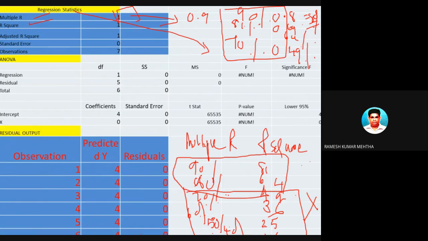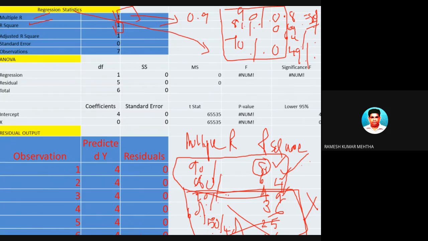So in this case it is 1, that is 100%. So it's a very good model, but not necessarily every time you will get a 100% model. In this case it is 81%, 64%, 49%. So anything below 49% is a very bad model or a weak model. This is a very strong model. Now your question is, sir, how did I get this one? I told you this is the square of multiple R, and there is another way also which I am going to discuss.